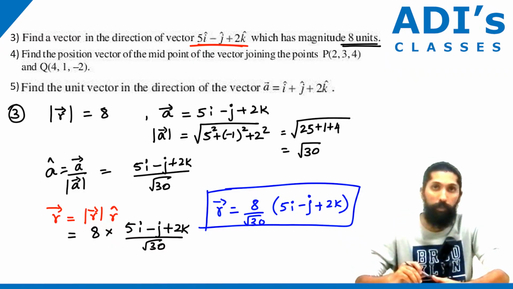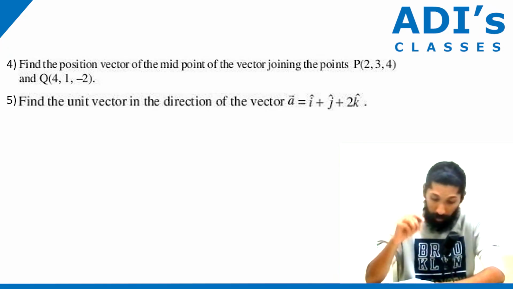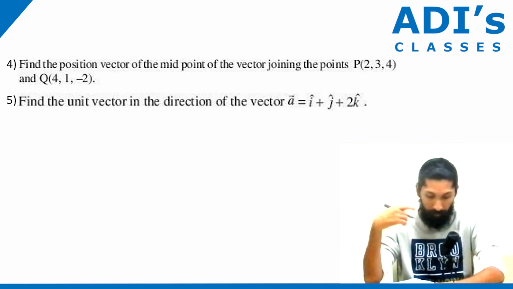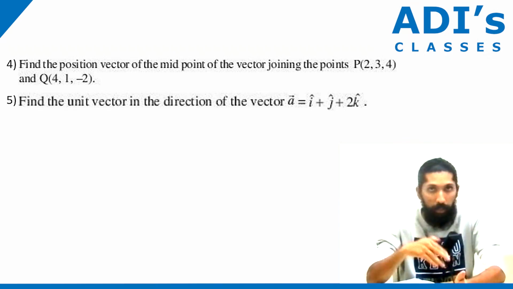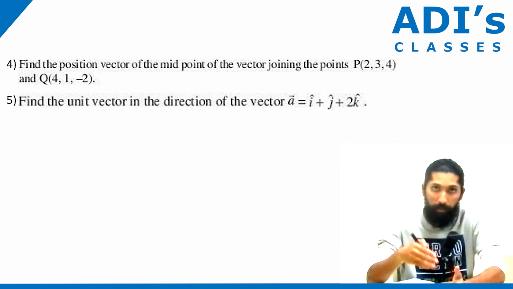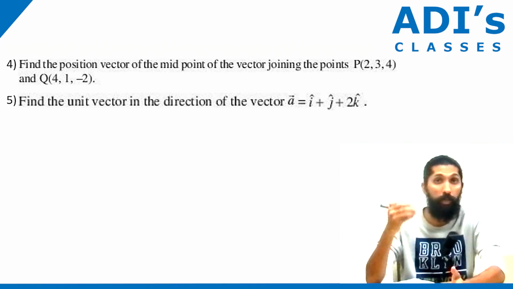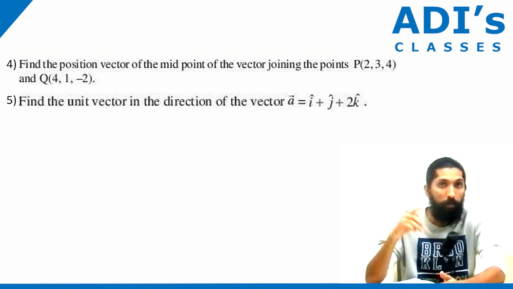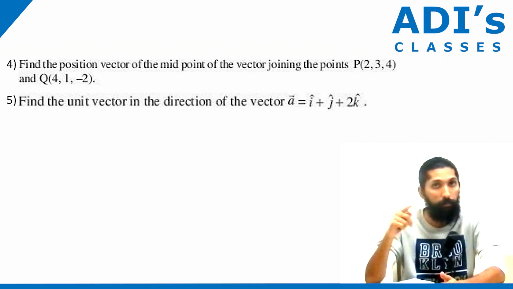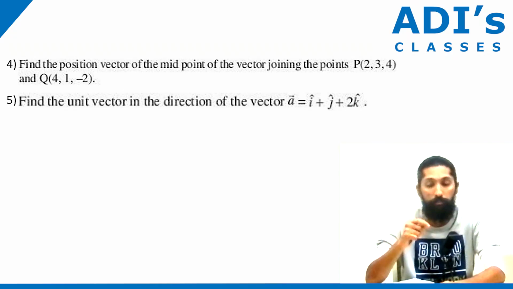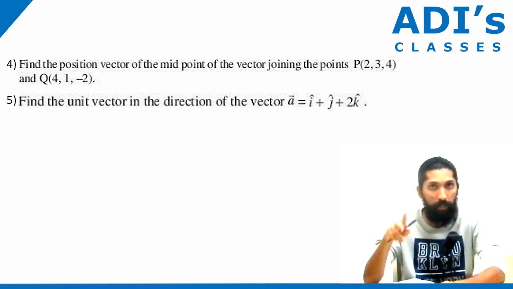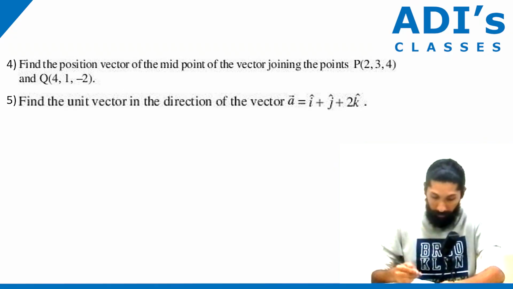Now let's do the fourth one. See the fourth one, find the position vector of the midpoint of joining this and this. What is midpoint? Average of the i, average of the j, average of the k. Correct? Like how we were doing x1 plus x2 by 2, y1 plus y2 by 2, z1 plus z2 by 2. Likewise, we do. So see, we have two values, correct? i has two values, that plus that divided by 2. Alright? So here, fourth one,